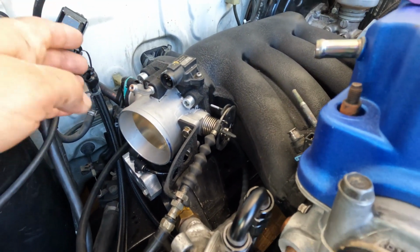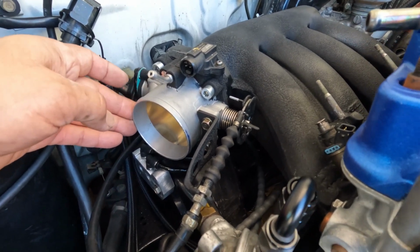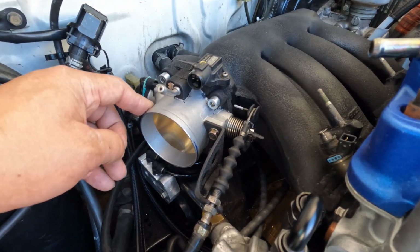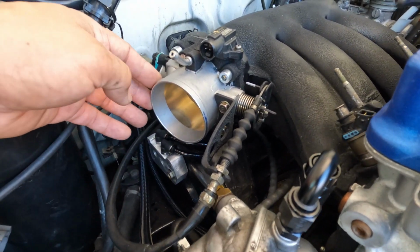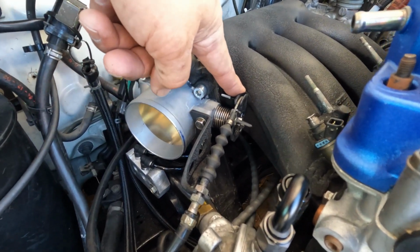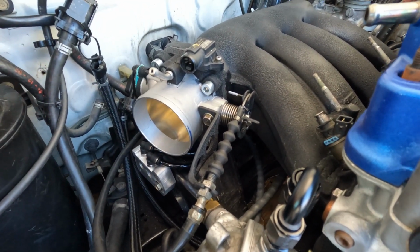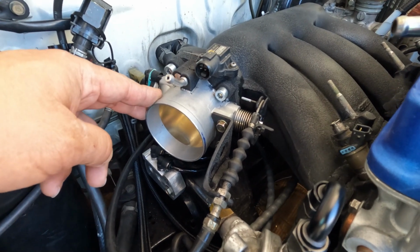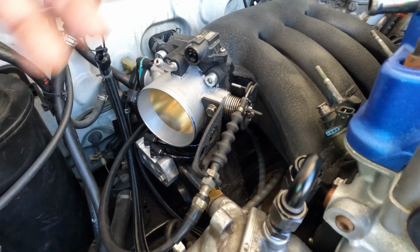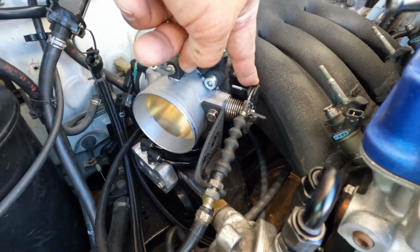I kept saying I'm gonna use a B series throttle body, but in reality you can use B, D, F, H series throttle body on this one. Well, my explanation to that is because of the GSR Integra, the throttle pulley turns, or it pulls to the left. And if I say I'm gonna use the H series, then it's the other way around. That's the reason why I kept saying I'm gonna use a B series. It's because of the pulley. Anyway,